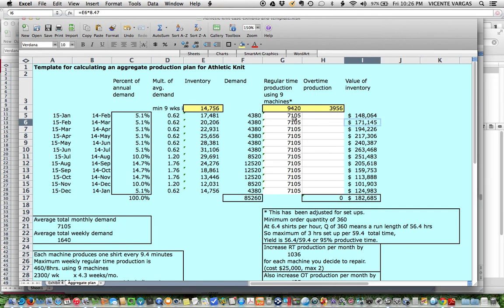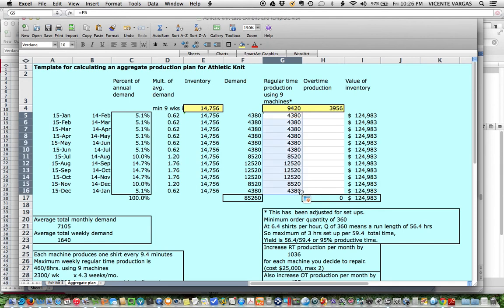Another plan would be to produce exactly equal to what is demanded. And if we run that plan, that's great so far as it goes, except that in this month we are producing 12,520, which happens to be greater than our capacity of 9,420. So we would have to supplement in this month with overtime. So we produce at the max, 9,420,